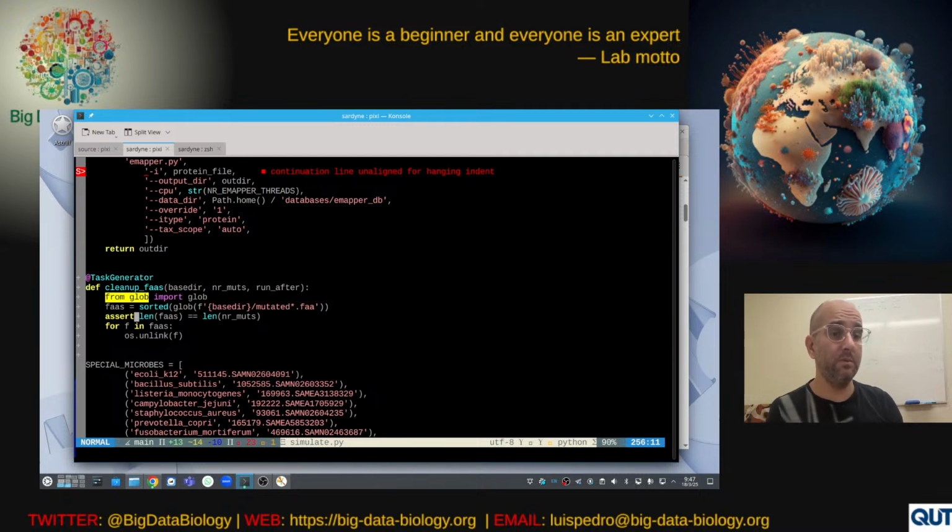It would be stupid to have gone to all of this trouble to create the one file that has the dereplicated genomes, and then just because of a silly glob typo delete everything, right? So